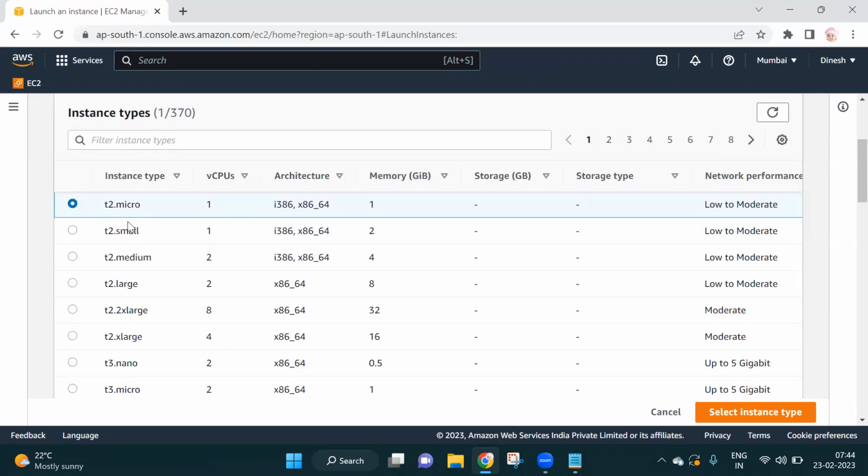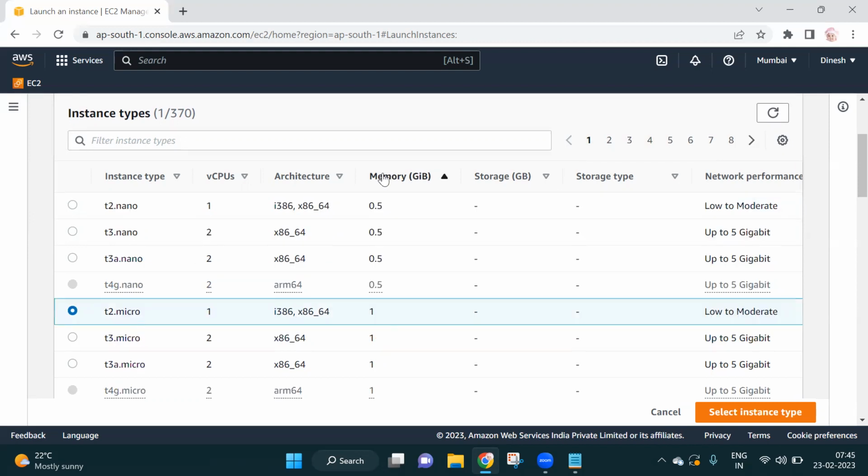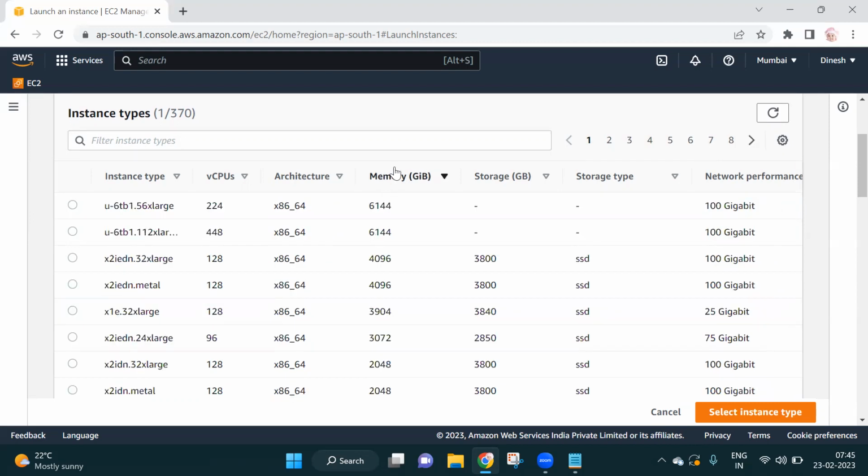Can you see here? A T2 micro. Here we have 1 virtual CPU core and 1 GB memory. If you go with a T2 small, it will give you 1 CPU core and 2 GB memory. T2 medium, 2 CPU cores and 4 GB memory. And the maximum you will get around